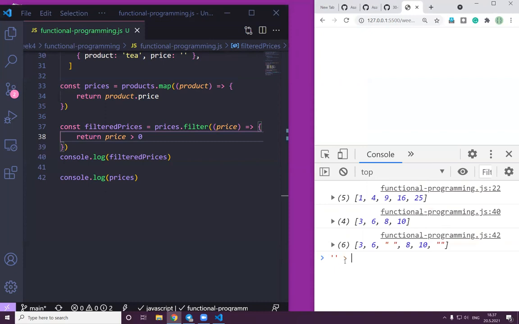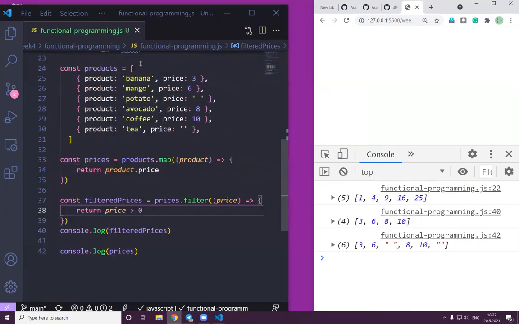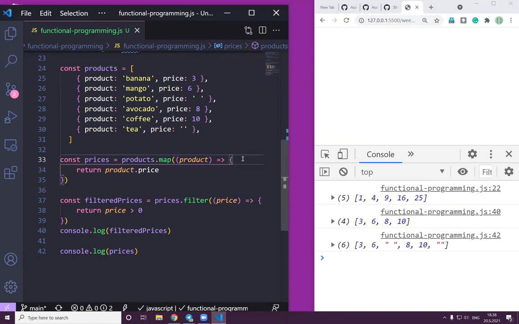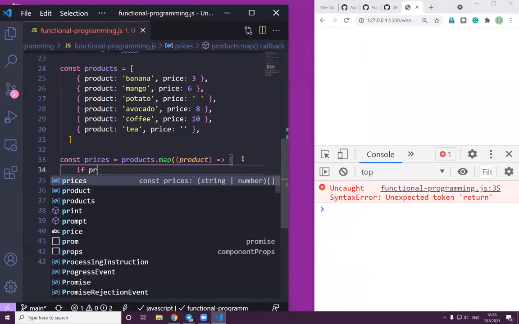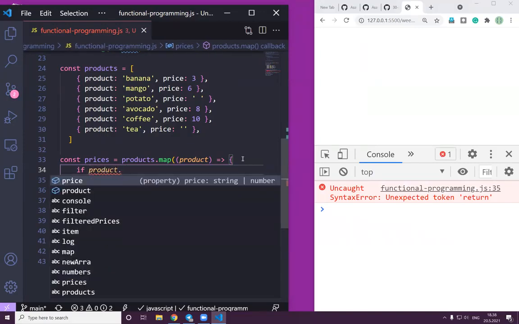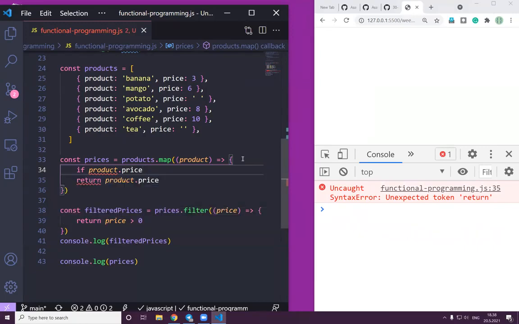But or if you also want space with 0, true. So this means 0. Okay, great. Or another approach also, when you are mapping here, we can actually turn this to 0 to avoid the filtering if we want. How can we do that? If product.price is equal to this